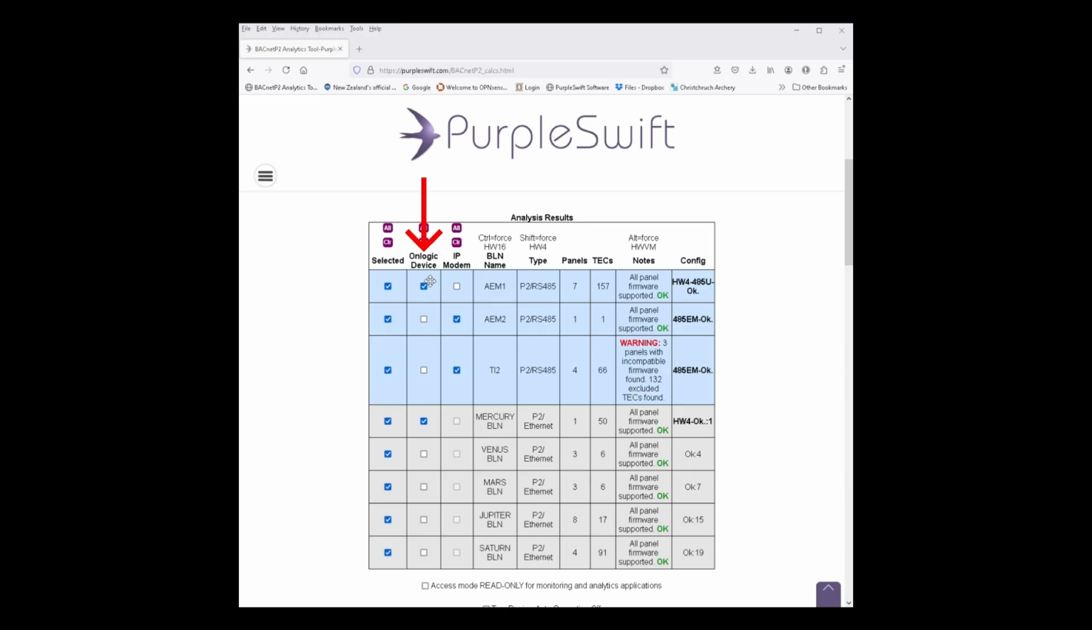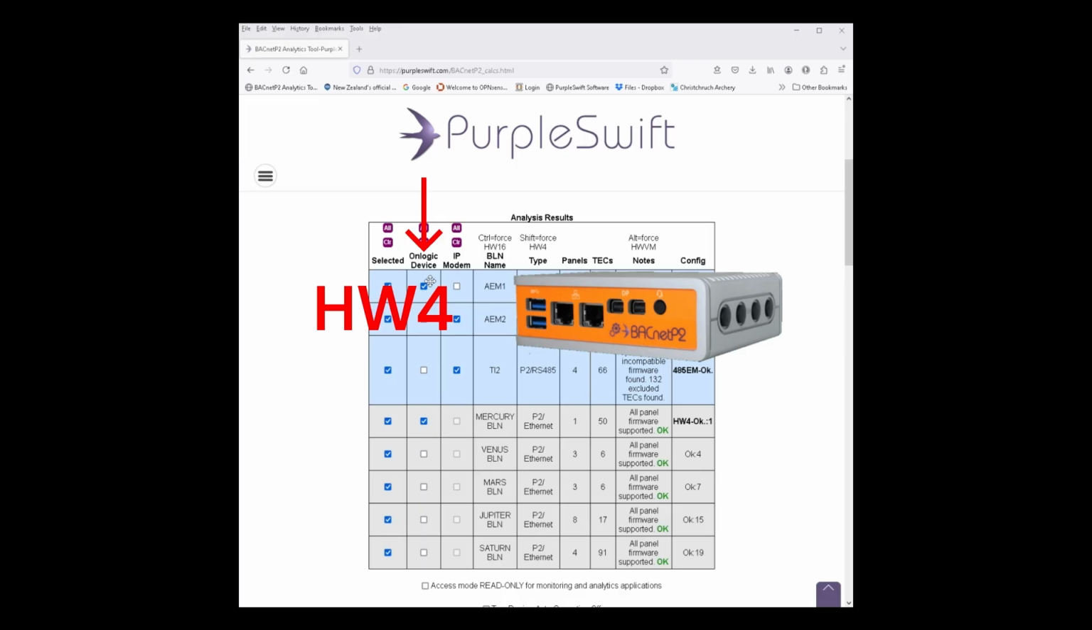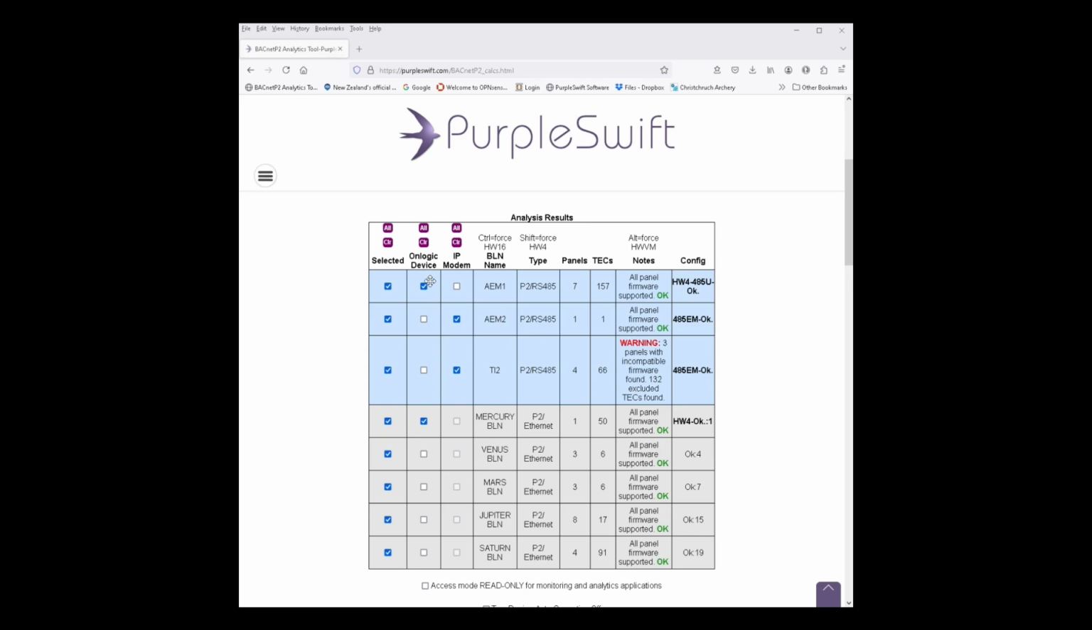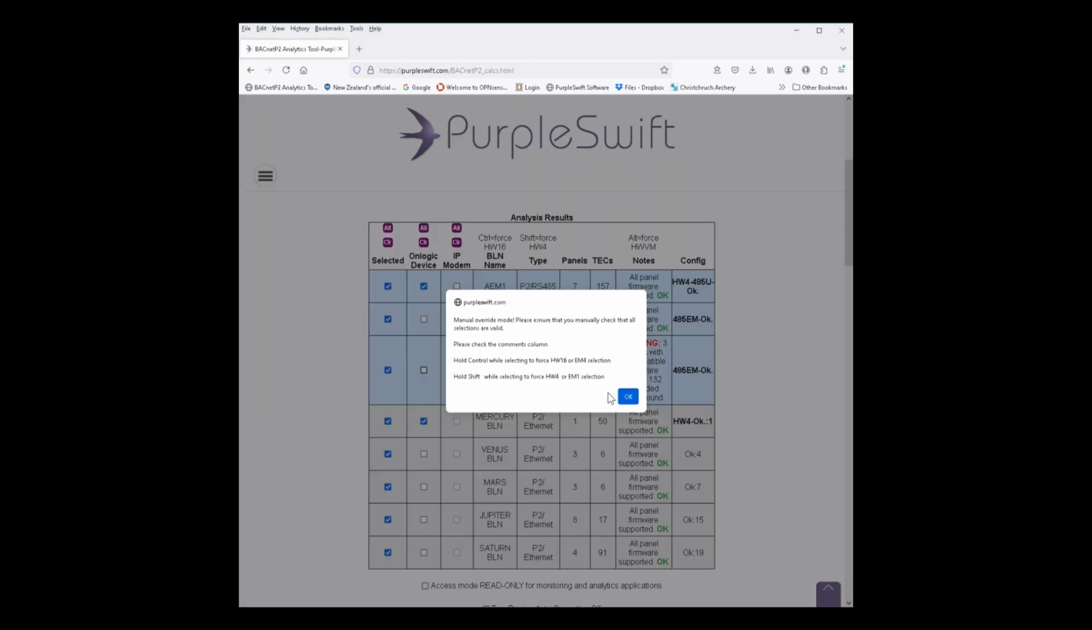There are two types of on-logic devices available. The HW4, which supports up to 3 BACnet P2 servers, and the HW16. There may be some other physical planning constraints. You may require additional on-logic devices, and you can add these by clicking on the on-logic checkbox. So if you need another one here,